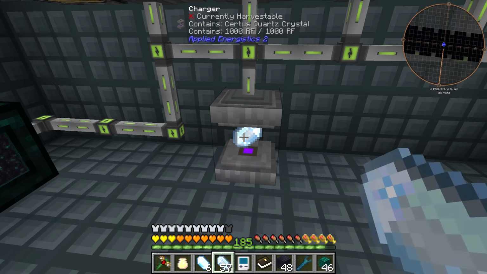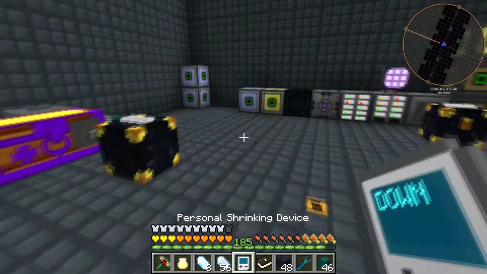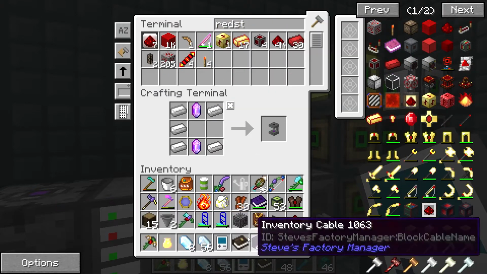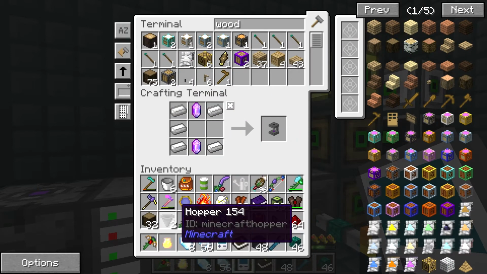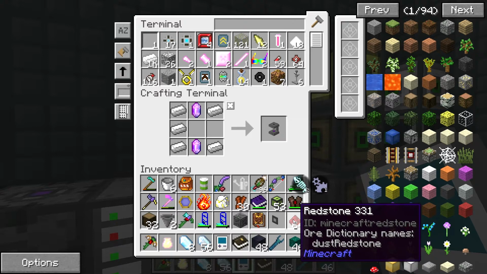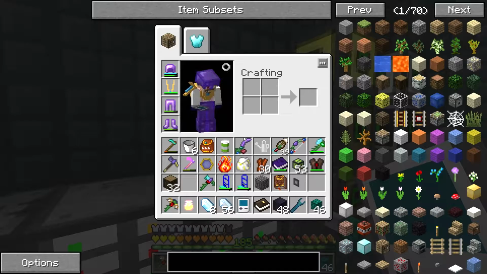throw them in the water here. I'll probably have to, I should automate this. I will automate this at some point. Redstone. Let's grab a stack of redstone. I don't need that much. Ugh. Let's get rid of the wood. Oh, I'm gonna need that wood. Redstone. Gotta put that wood back, and